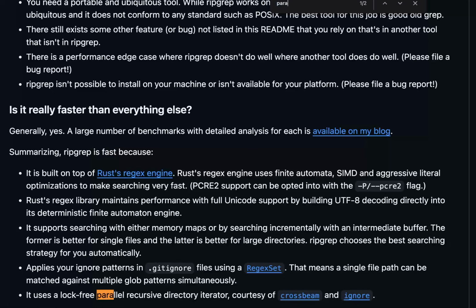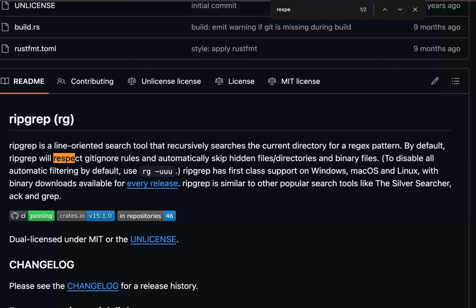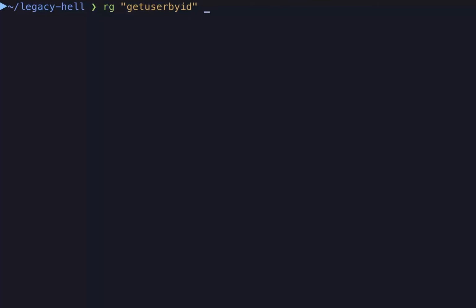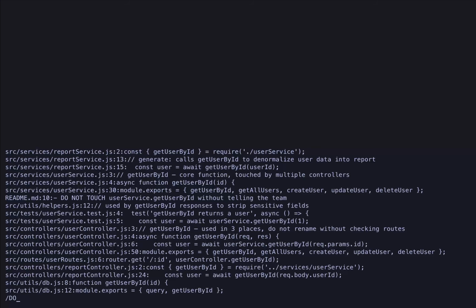But why is rg faster? Take a guess. It uses parallel search by default, which is faster than scanning files one by one. It automatically respects gitignore and skips noise like node_modules and build output, without having you to manually configure exclusions every time. In practice, you spend less time writing the command and more time actually finding what you are looking